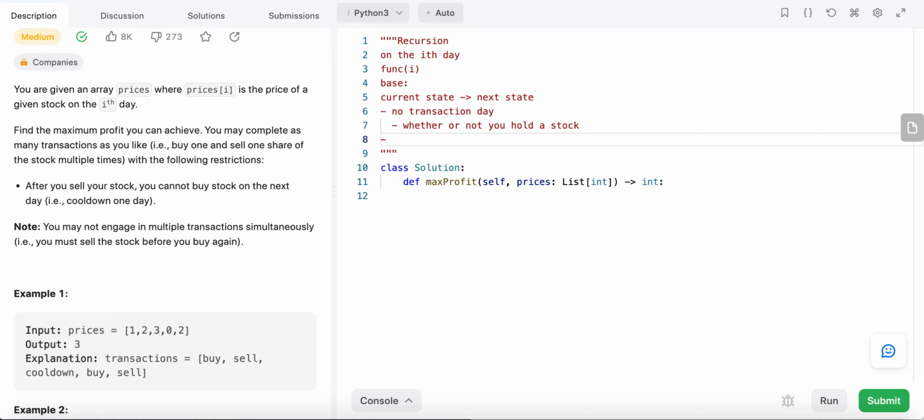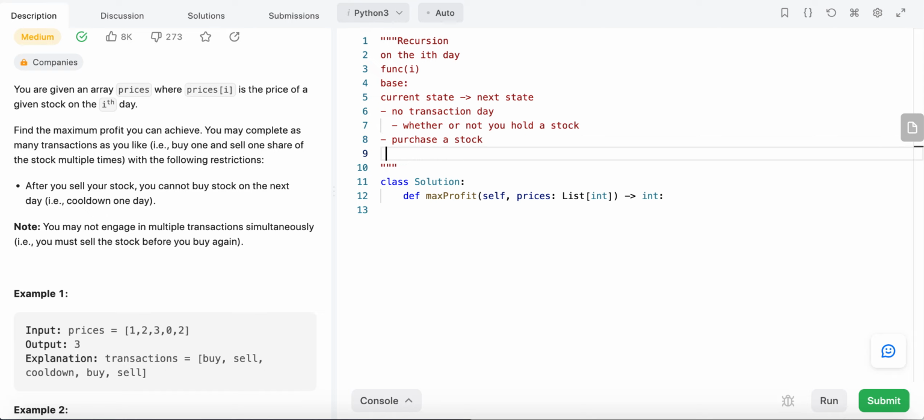And then what other current states? You can purchase a stock. In that case, you do not hold a stock right now,